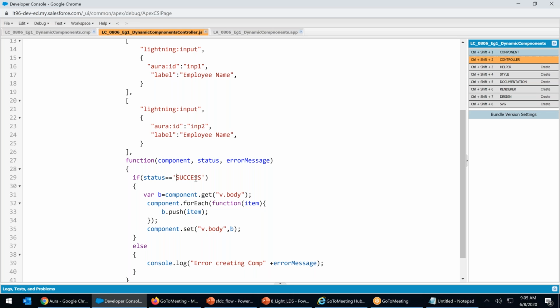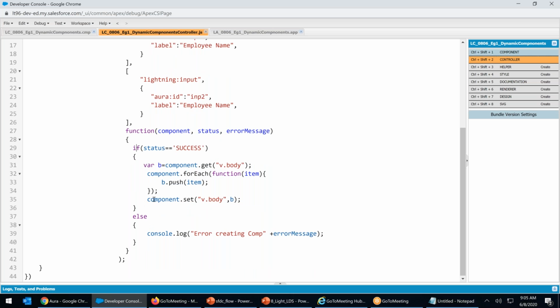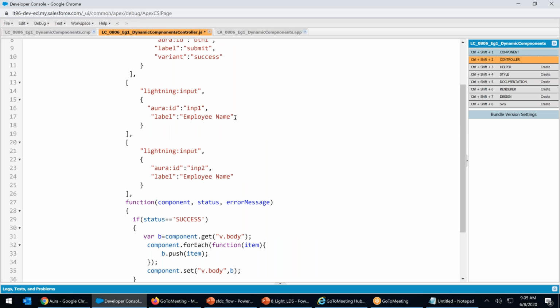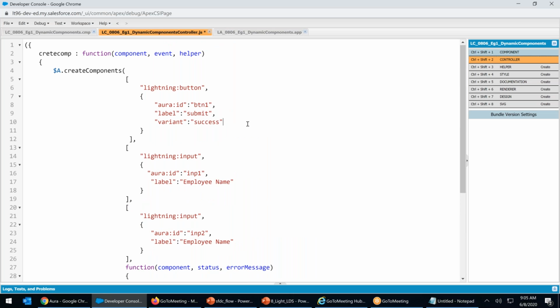Right, this is a single quote, double quote, doesn't make a difference. Status, if status equals success. In line number 24, after employee name, we have given a comma, sir, like in label. Oh, correct. Even in line number 17. Yes, it shouldn't be here. There we go. Control S. The last one shouldn't be a comma. Perfect. Got it. Always remember this. Control S.